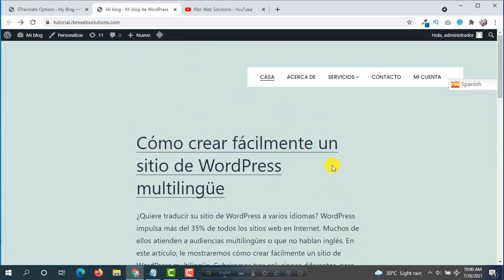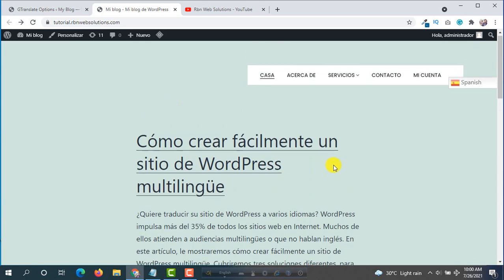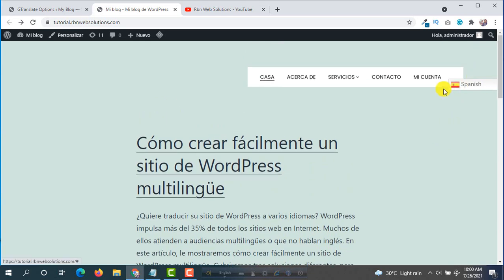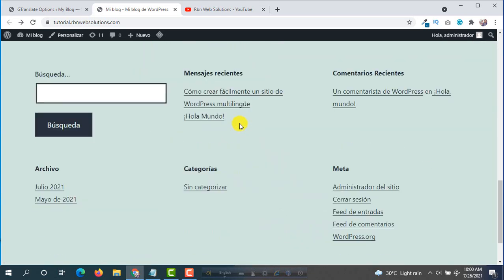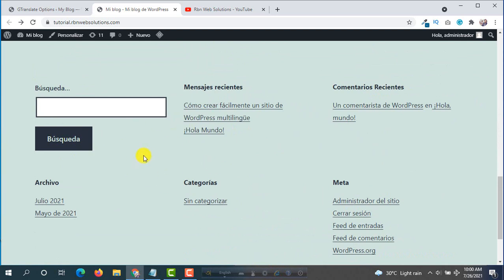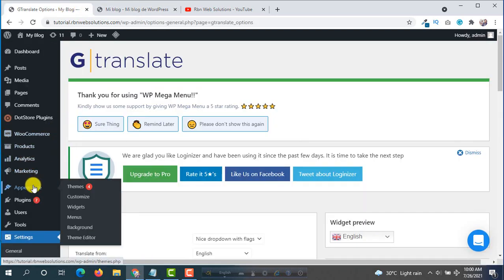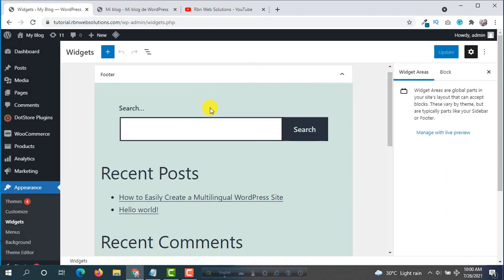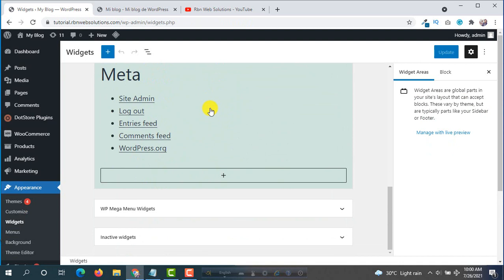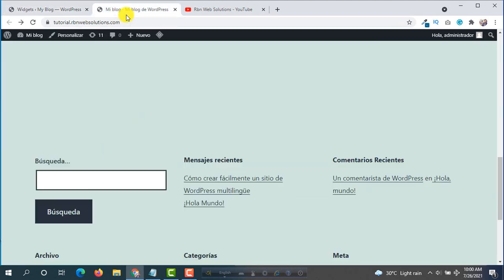And now we want to see how we can display the language switcher in the footer. For this, you have to simply hover on appearance and click on widgets, and now add the ZTranslate in the widgets. Suppose we want the language switcher under meta.